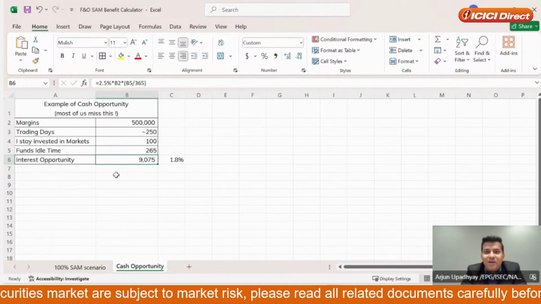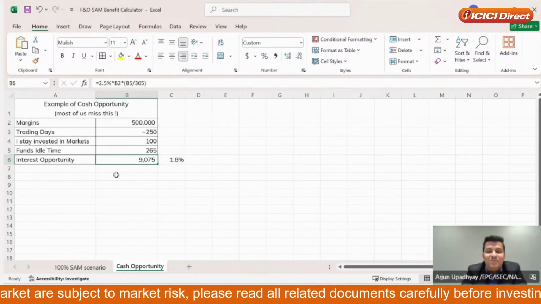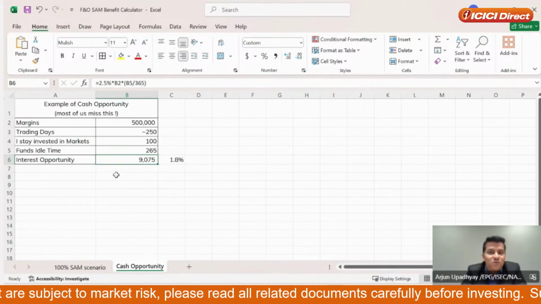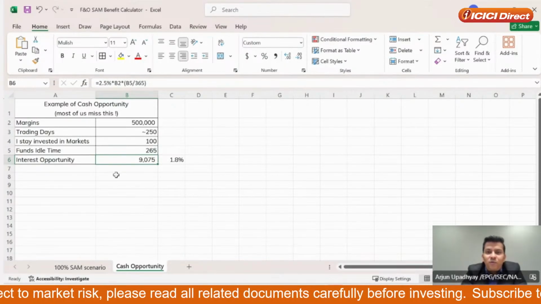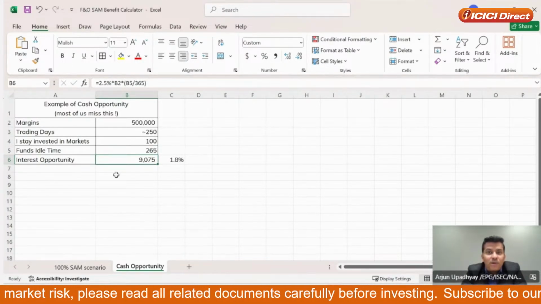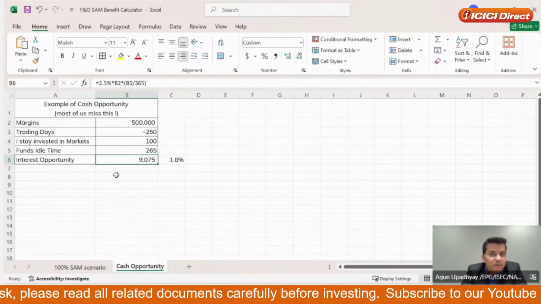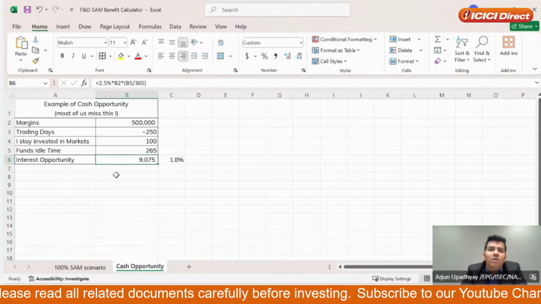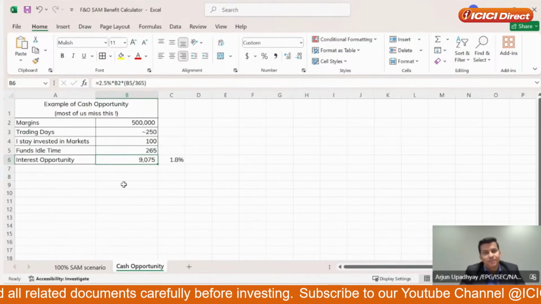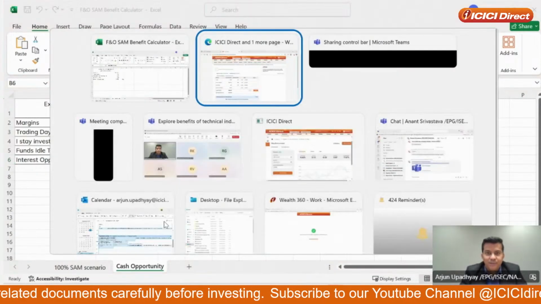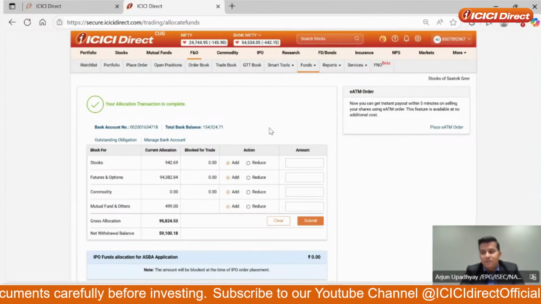We all know we struggle in the markets for a return of 15%. Sometimes we do 20, sometimes we do 10. We all want to beat the markets. But before even starting, the call out here is that if you're bringing cash as margin as an FNO trader, because of the structure you get with the 3-in-1 account at ICICI Securities, you already are at an advantage of 1.5-2%. So this is a big game changer if you ask us. So that's on the cash margins, which was pretty simple.